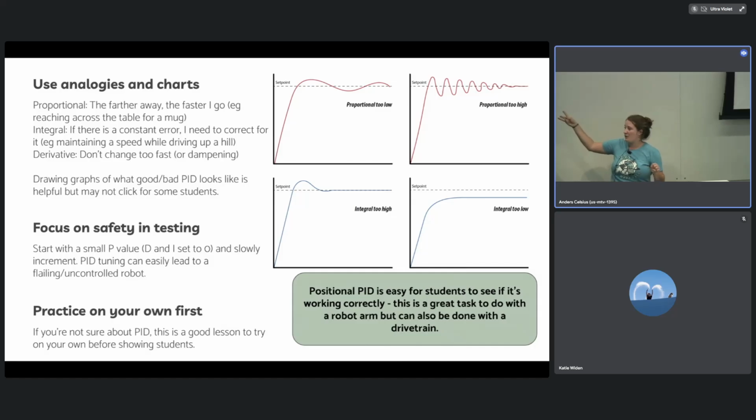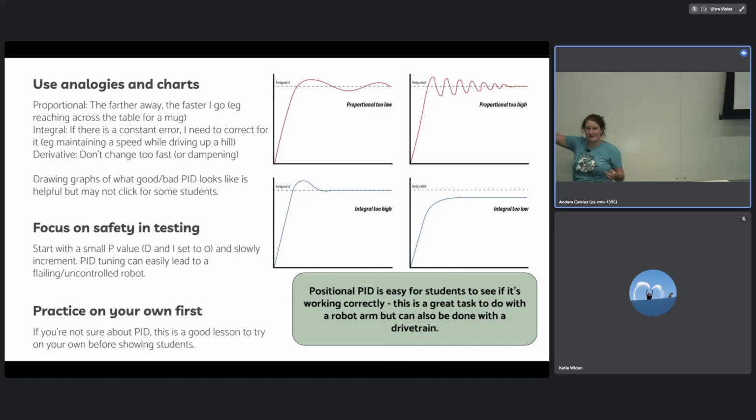So the first time I taught programming, the programming mentor on the team had a job to do, so he was busy. So every night before I would hang out with programmers, I was in the shop just trying to figure out, how do I read an encoder? There's one night it's midnight and I'm panicking because I cannot get this encoder or this PID loop to work. And then I was in a group message and I was just like, can anybody help me? And then Alan actually responded. And I was like, thank you. So if you don't have a group of mentors you can ping for help, get one now. But this one is one where, if you aren't sure about this, practice on your own first. Stay after robots one day.